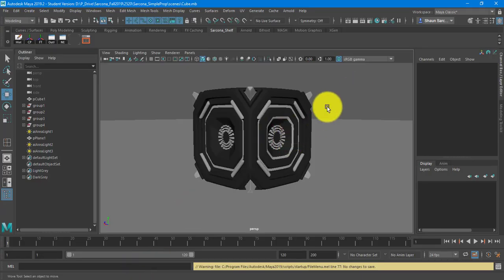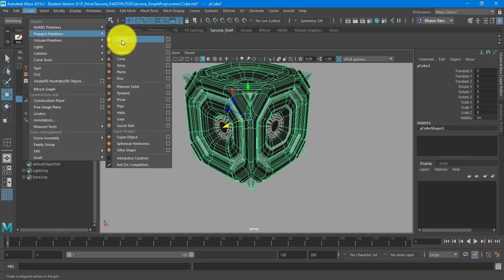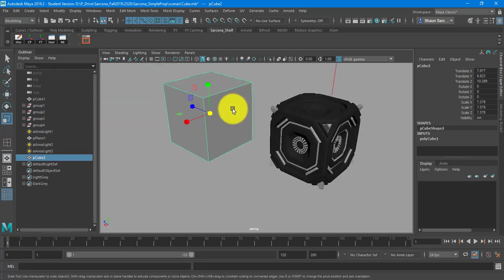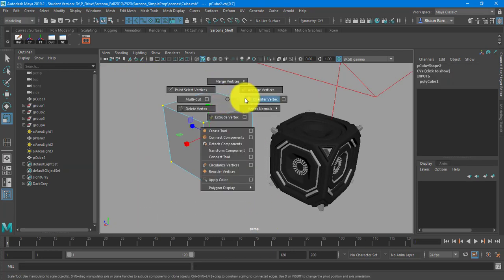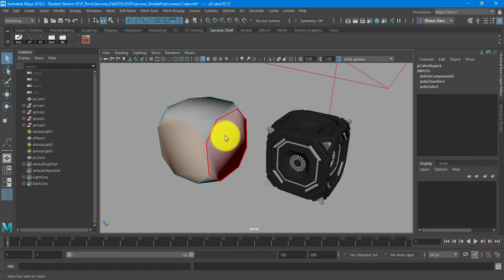So here is an item that I modeled. This is, again, using those same concepts, extruding, beveling, and inserting edge loops, just to go over some of the basics of how I got from A to B. I grabbed all the points here. This is how I started it, and I chamfered. And you'll see that what chamfer does is it just gives me those corners like this. And then all of these pieces here,